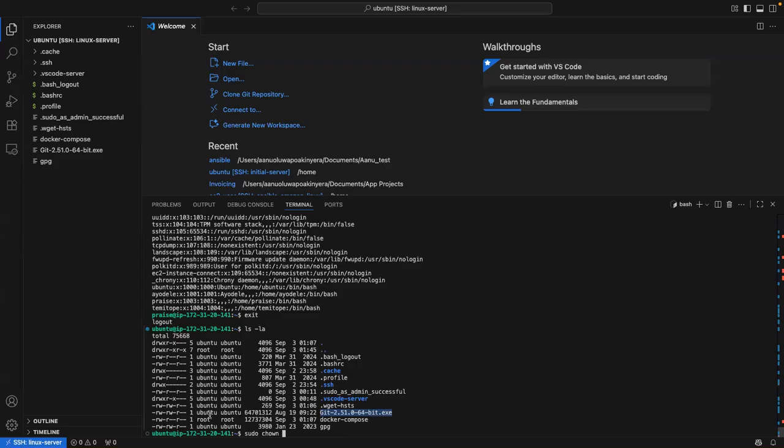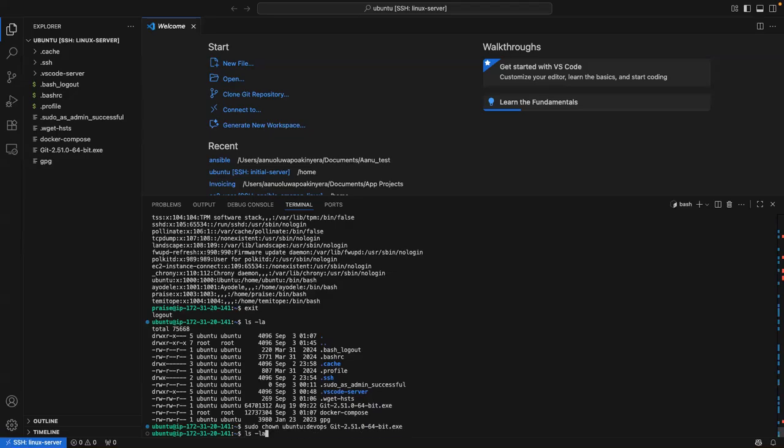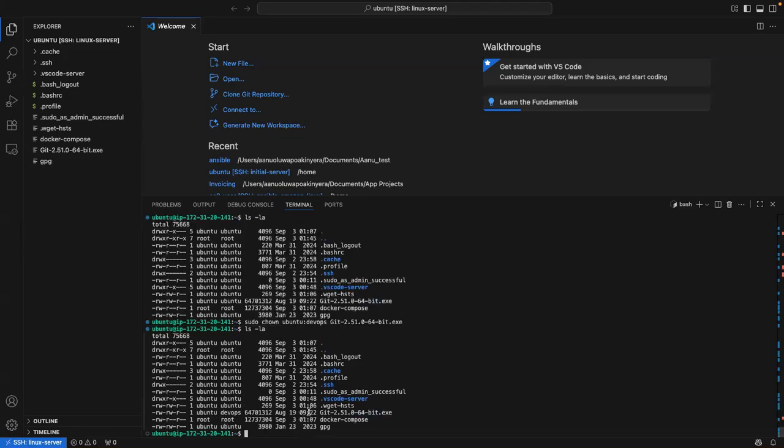It is the Ubuntu user, but I'm changing the group to DevOps, so it will still be ubuntu:devops and the name of my file, and press enter. And if I run ls -la again, it was under the Ubuntu group. Now it's no longer the Ubuntu group. Now it's under the DevOps group.